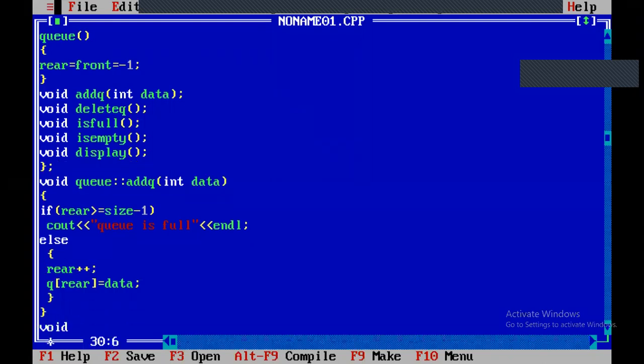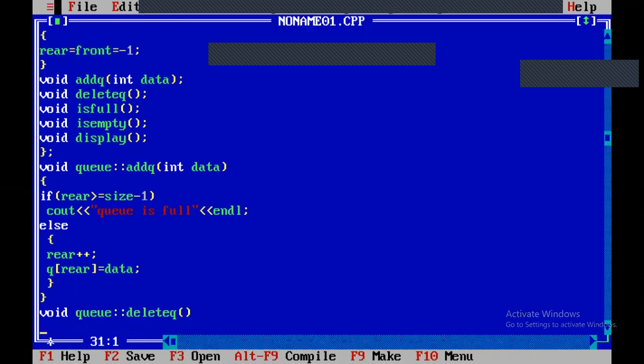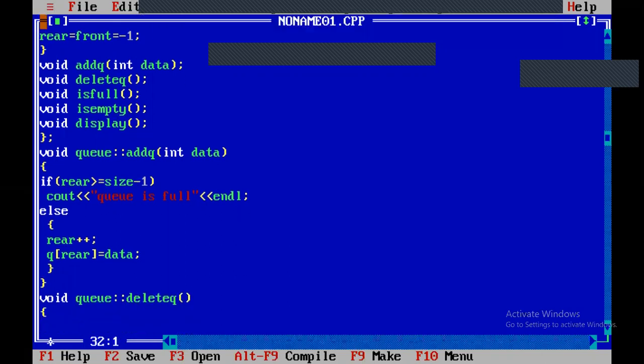Void Q deleteq. Another module is delete queue. This module is used to delete an element from the queue.